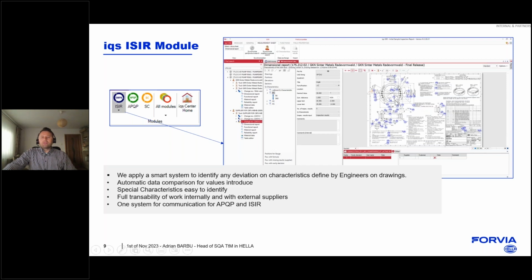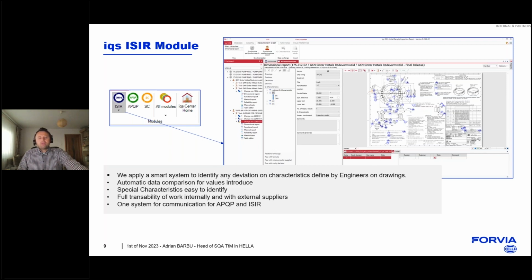We always have the balloons, or what we call the blue marking balloon, on the special characteristics or on the dimensions or requirements, and for every characteristic, once it's uploaded by the supplier in the system, an automatic control or data comparison is performed in order to show what the supplier has provided to us.